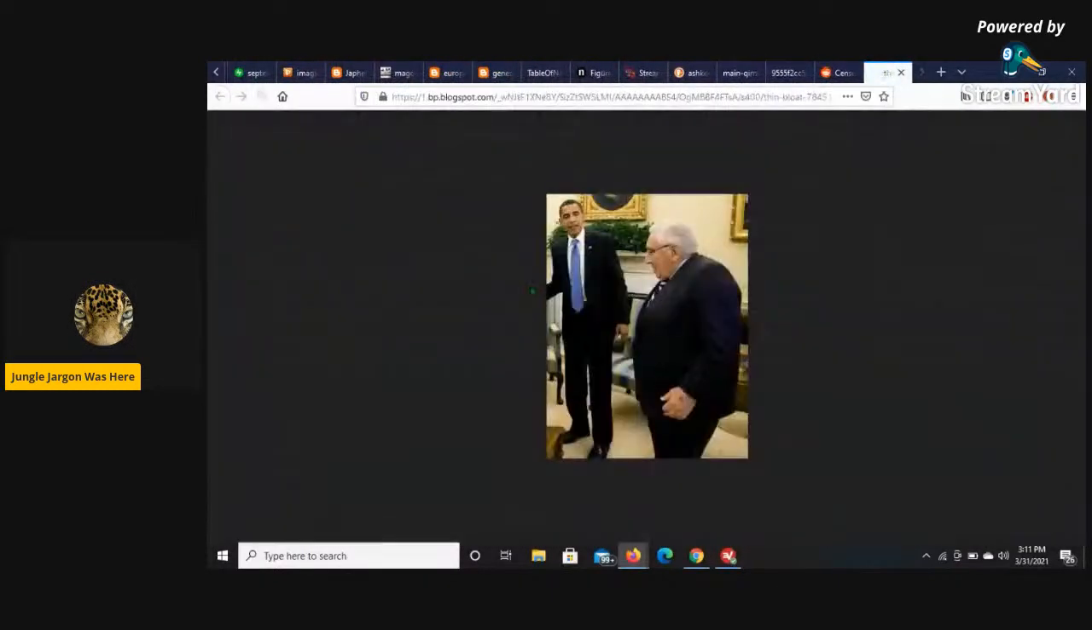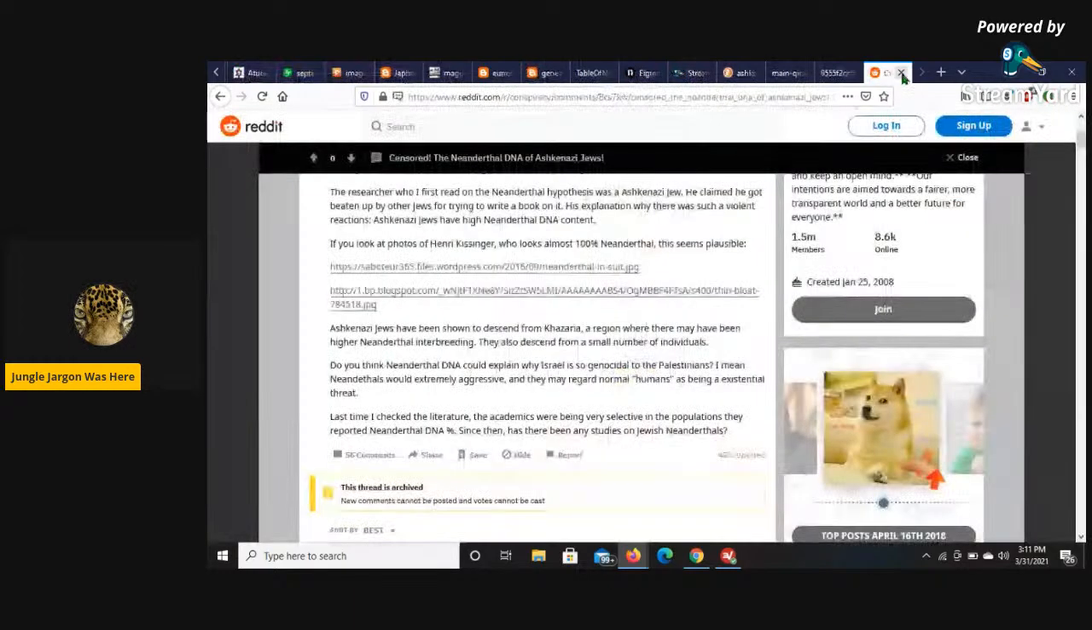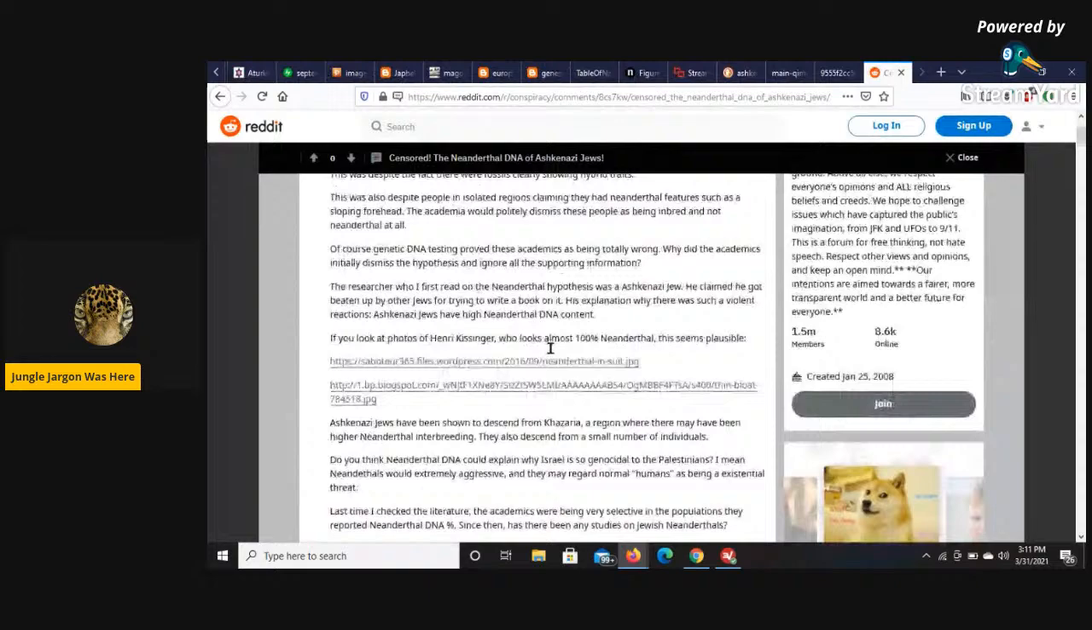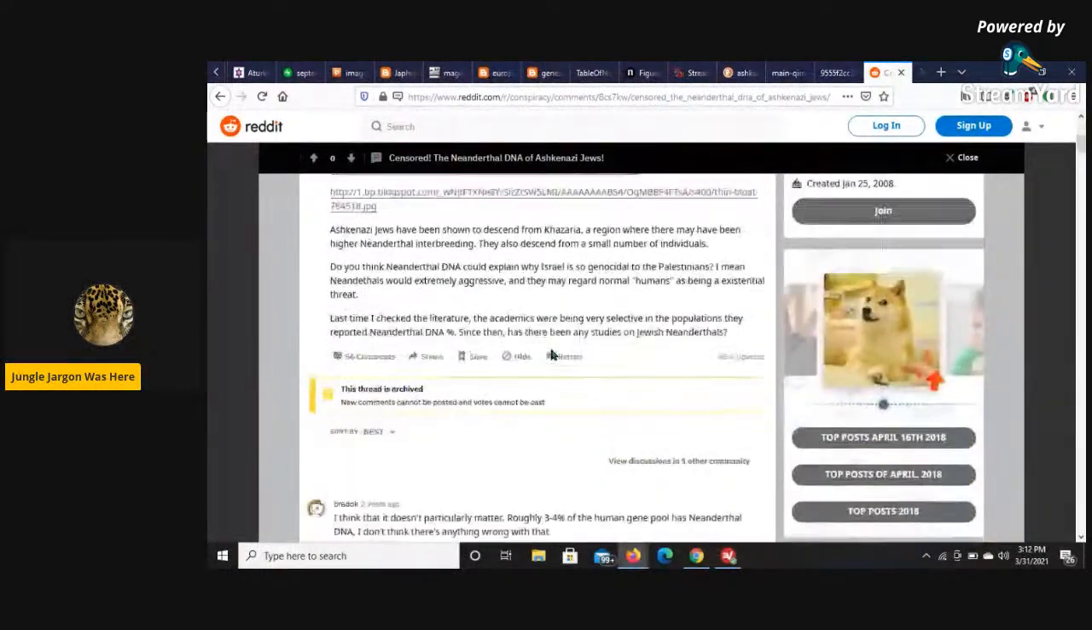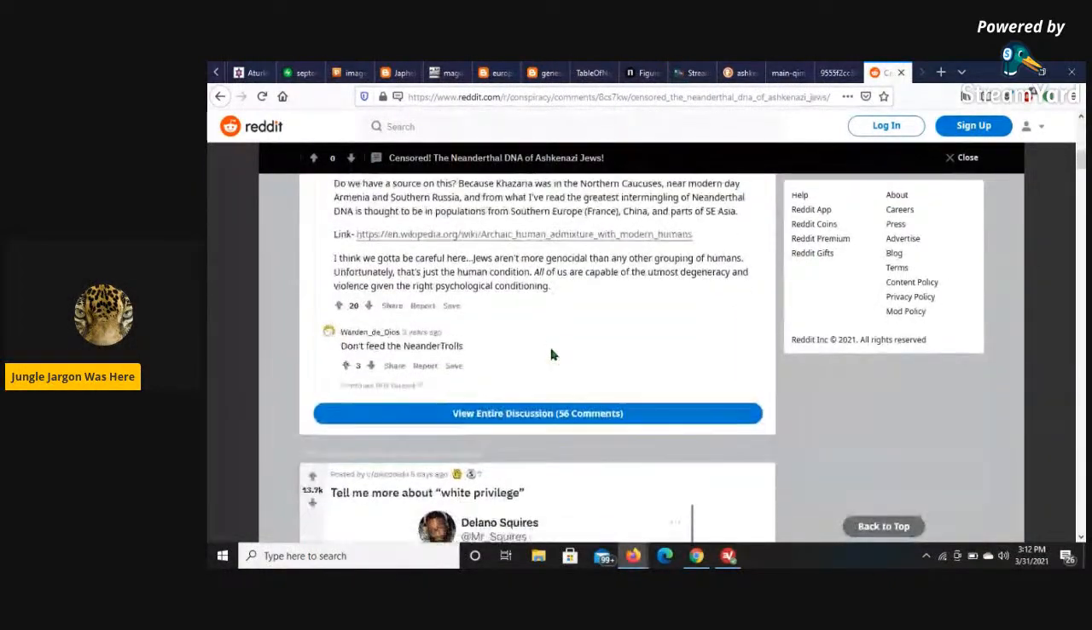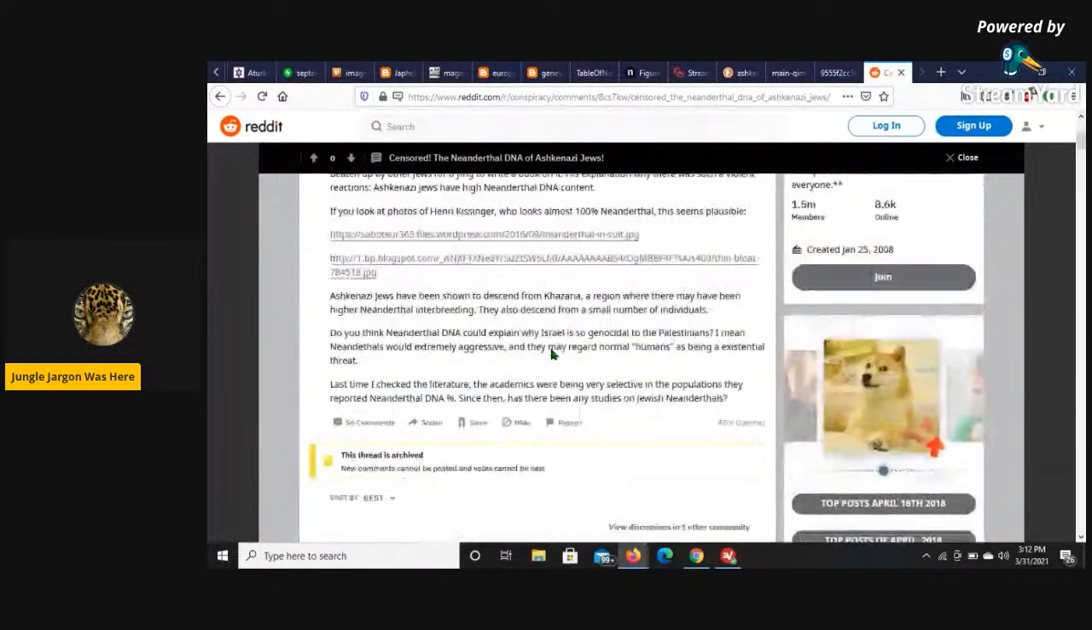So it's a picture of Kissinger. Yeah, he's an Ashkenazi Jew. But they're trying to say he looks like a Neanderthal, but I don't know. Doesn't really ring a bell. But anyway,